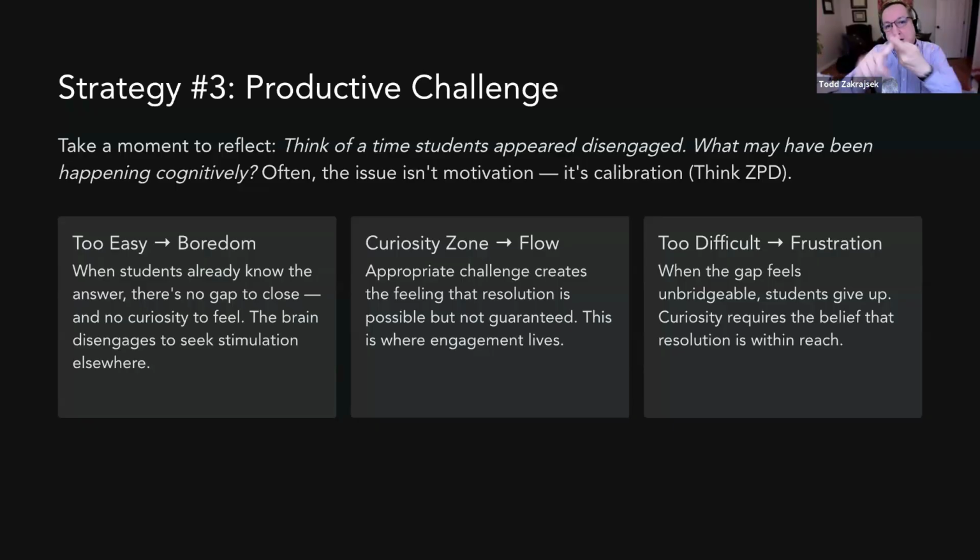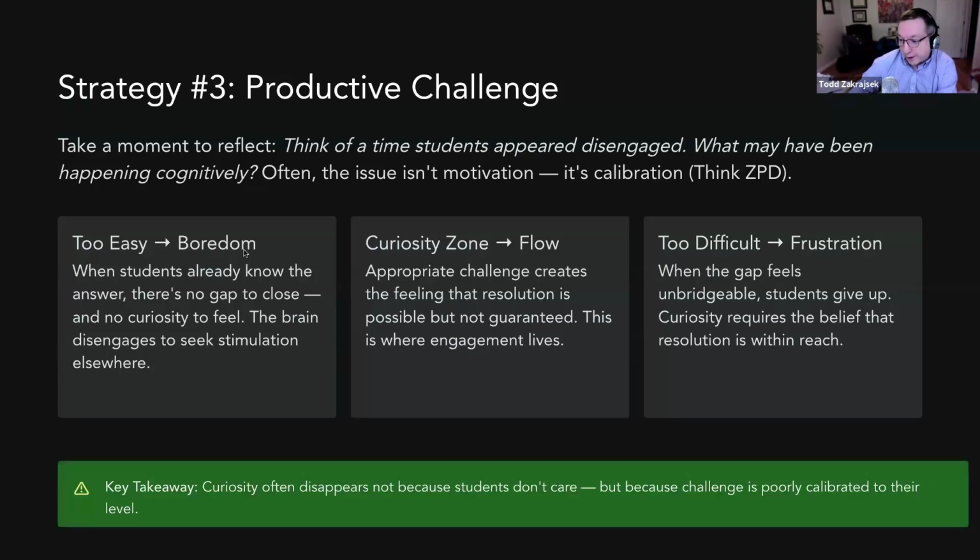And so there should be hopefully loudness when they start. Then you catch a dip, and sometimes it's hard to get them to stop. If you've got that problem, you don't have a problem in teaching, really. So that's what we're after for this productive challenge flow here. So we don't have curiosity because the students don't care. Sometimes it's just poorly calibrated at the level that they're doing for making the prediction, and the questions are being